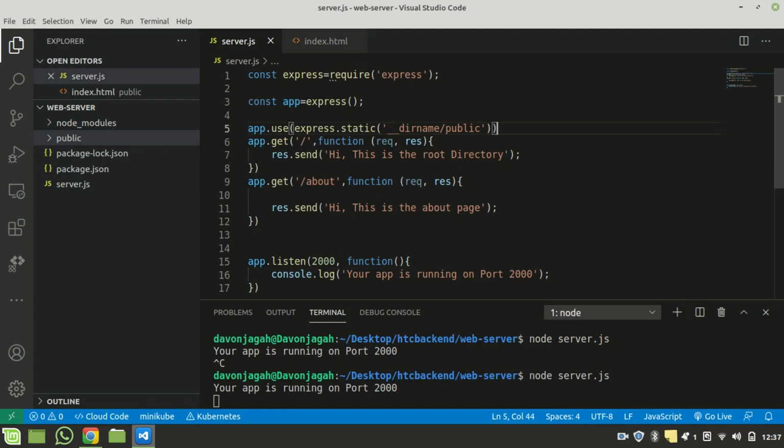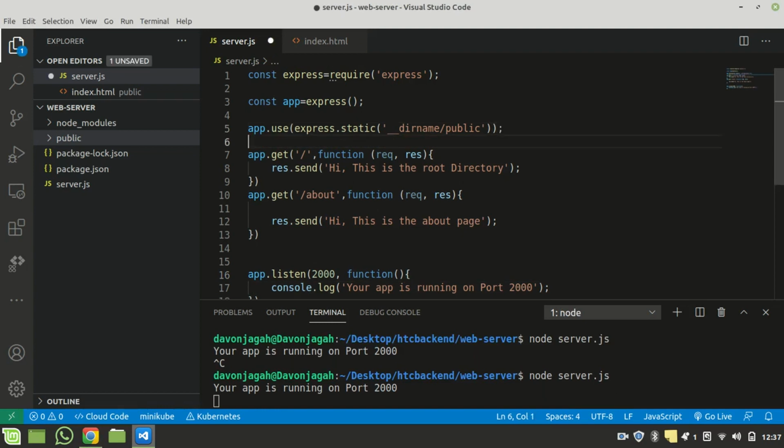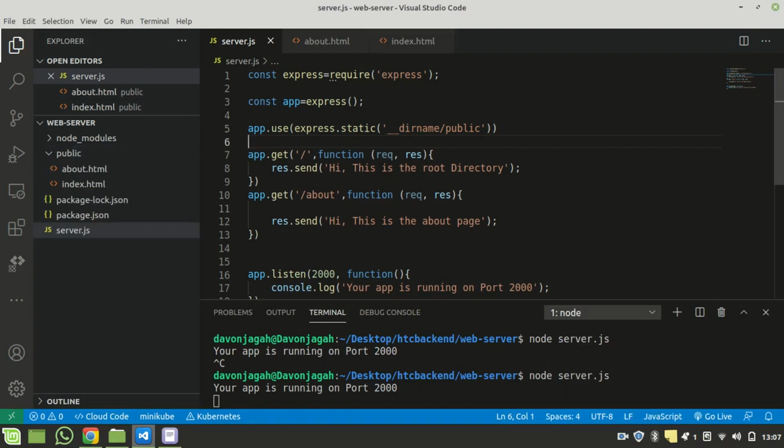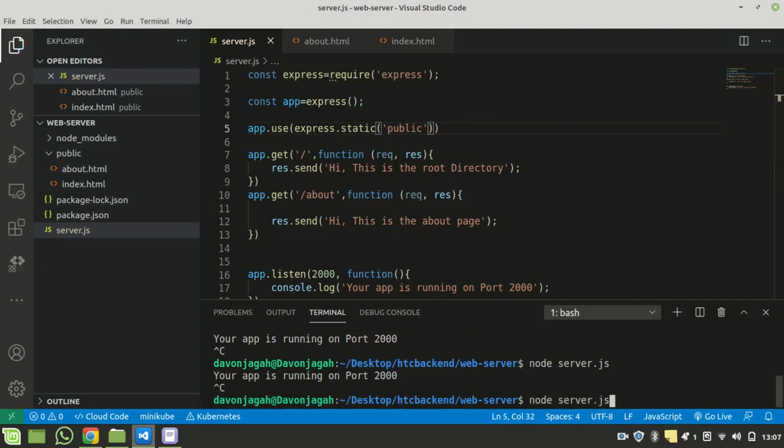So that error was because we made __dirname a string, which is actually wrong. We can even just have public over here. We could just have public here, and if we go ahead and rerun this,